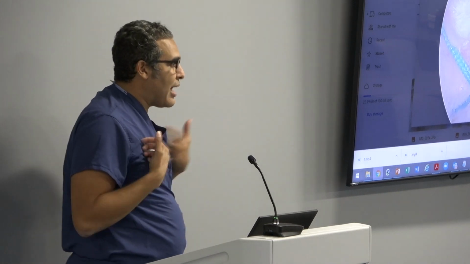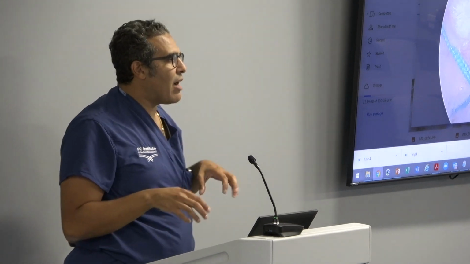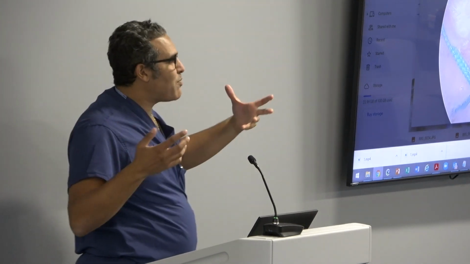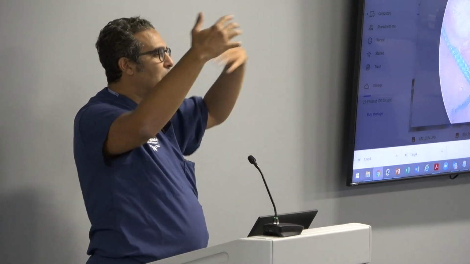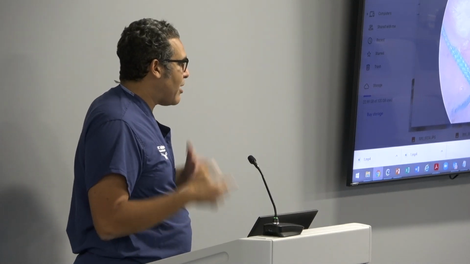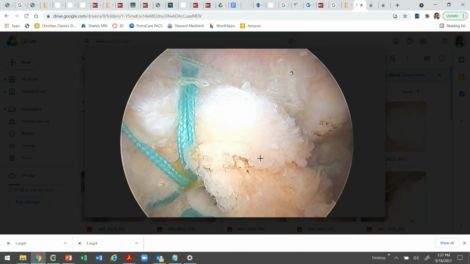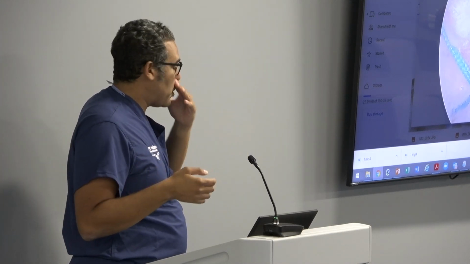Either way, I think functionally speaking, the difference between them is not restoring the cable attachment. The difference between them is how much contact you get between the tendon and the bone. And I think this double row repair with the 4 anchors gives you more tendon to bone contact when it's possible, when it's a younger patient with a more mobile tendon. But I think in both cases, whether it's a single row repair or a double row repair, the primary goal for this operation is to restore